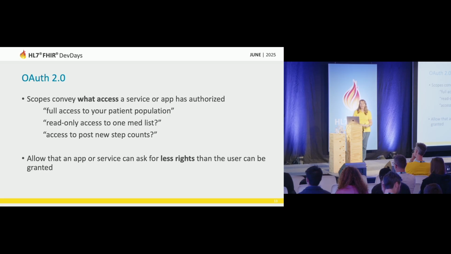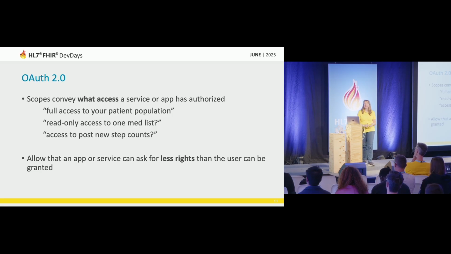In the token that the OAuth 2 standard creates, you would have scopes, and those scopes tell a system that looks at the token what kind of access the token allows for. That could be full access to the patient population on your system, or maybe read-only access to one particular resource type. Or not related to healthcare at all. Maybe you could have your step counts integrated, although we could make a nice FHIR resource with that as well,